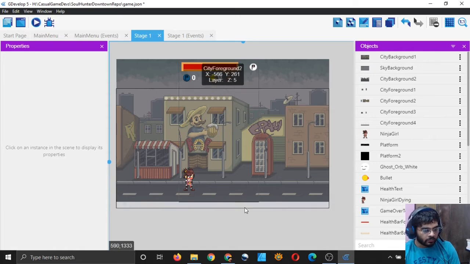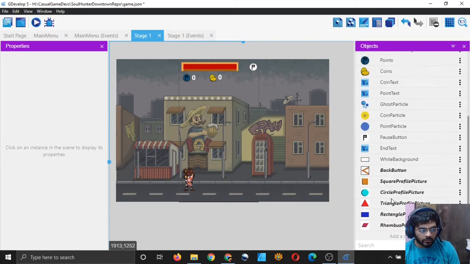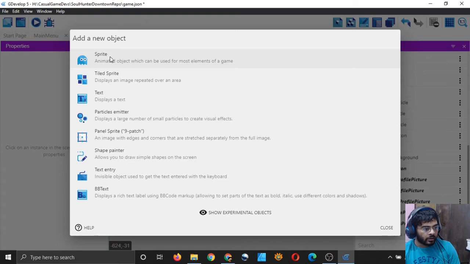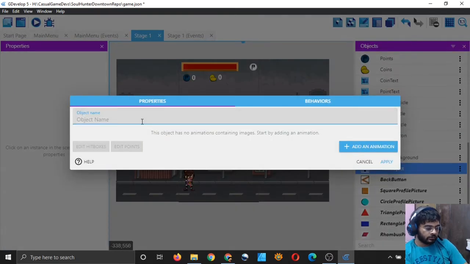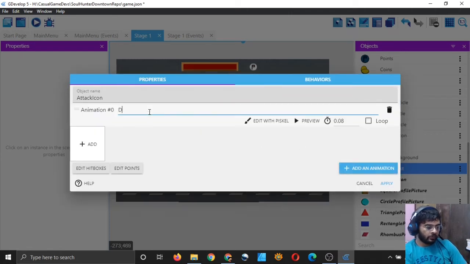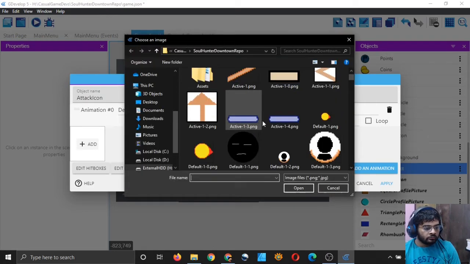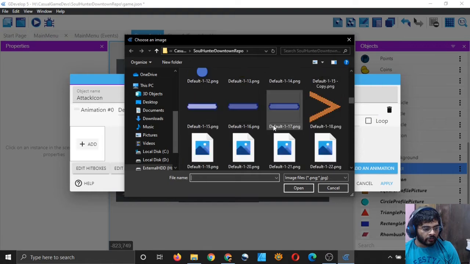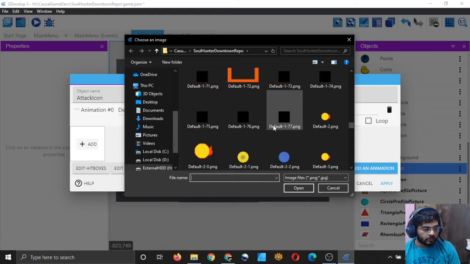Let me put the icons for touch controls. Add a new object sprite and call it, what should I call it, attack icon, and animation default, simply add an image, and the image name was fire, right?